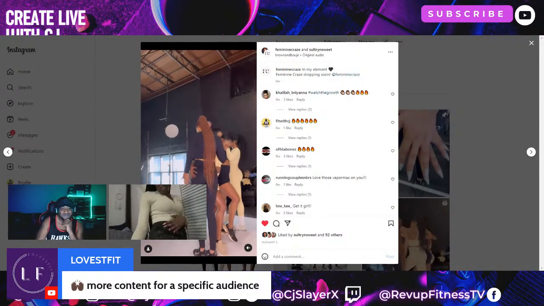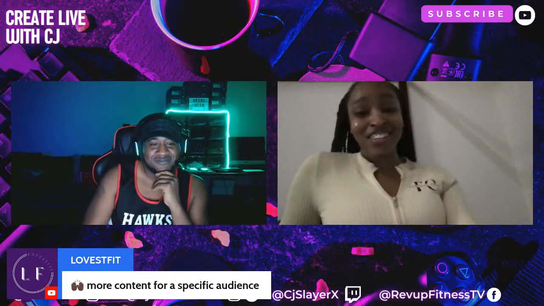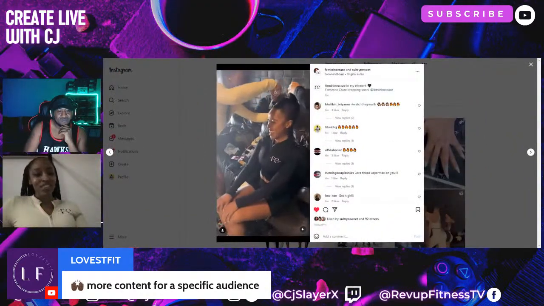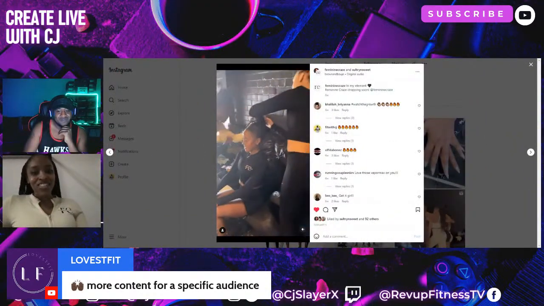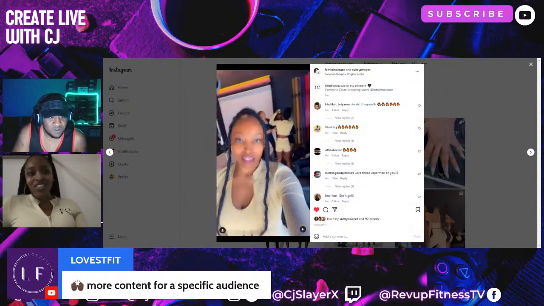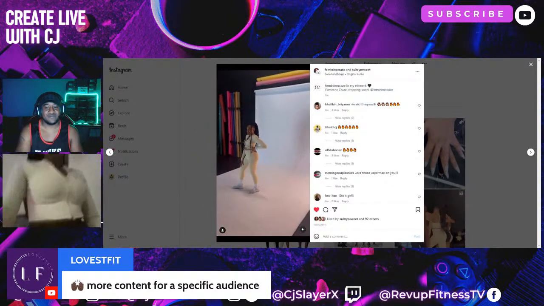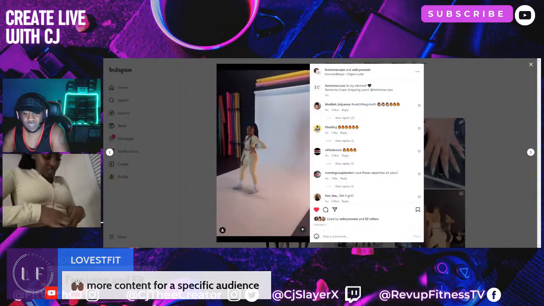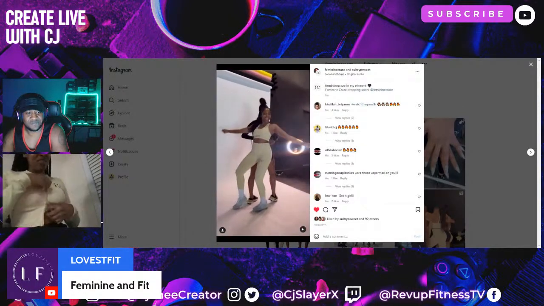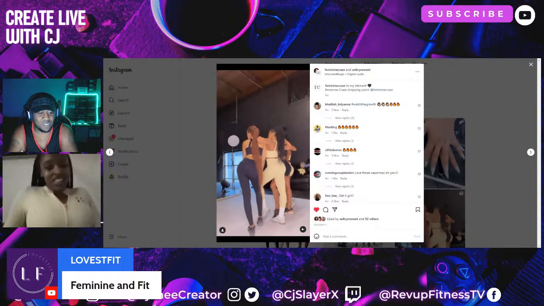I got my little cargo pants. Oh, go ahead, show them. With some heels, yeah, I go out in this. I like having clothes where I can be diverse. With these clothes you can really be diverse. Everyone likes a crop top and some jeans. So having a crop jacket, you can also play with it and have it open at the bottom, open at the top. She said yeah, feminine and fit.